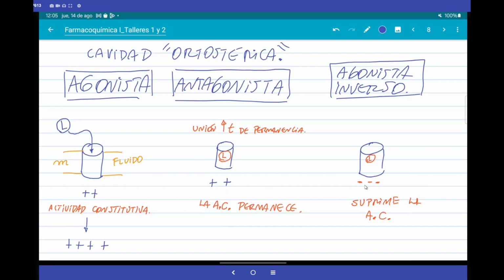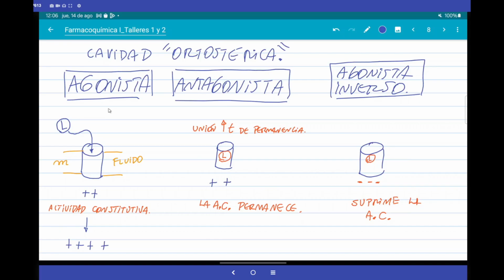Now you will say, and how is that? Some generate the blocking of others because, for example, if I arrive and I link to a certain receptor, that signaling cascade generates a certain effect. That is how you can block it with another, you understand me. The concept of antagonism at the endogenous level does not apply. That is a human creation. The ligands that we have endogenously, conceptually speaking, are of the agonist type.